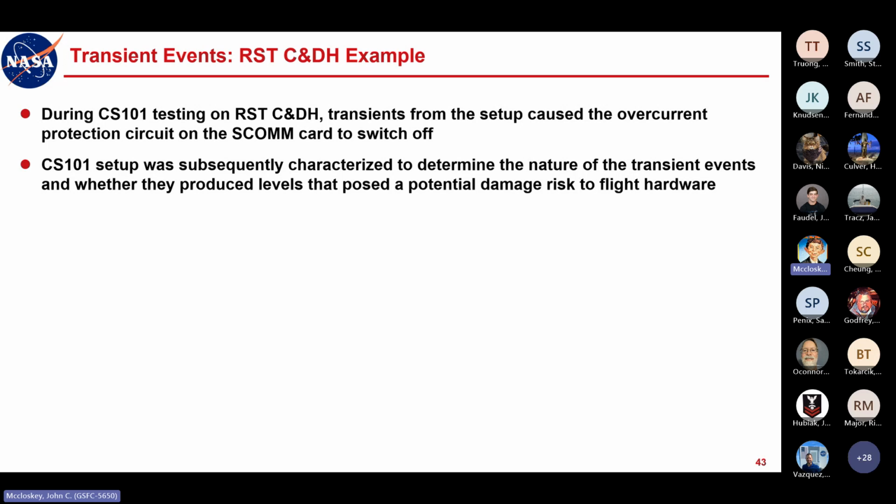Okay, so a recent example, this was a year ago, maybe 1 or 2 years ago. During CS101 testing on RST C&DH unit, transients from the setup caused the overcurrent protection circuit on the SCOM card to switch off. And there's a whole detailed investigation there that I'm not going to go into, but basically there was this overcurrent protection circuit that was tripping, and we determined that it was a result of these transient events coming from